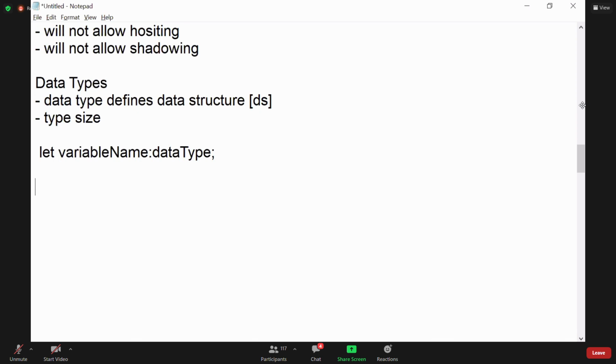In JavaScript, it's not like that. In JavaScript, it can change the type, but it is not strongly typed. Here it is strongly typed. If you say number, it can handle only number. If you say string, it can handle only string. So you can define the data type for the data that you have configured.